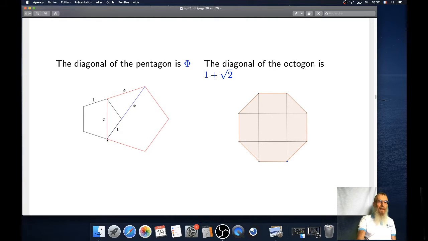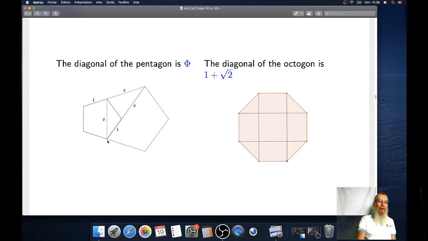And let us look at this length. I will explain that this length is the golden ratio. And the proof is not so difficult. You consider the line along this side. You continue this line up to here. You continue this line here up to there. And you look at the different angles that you have. And you will see that this angle here is the same as the angle at this one, which means that this triangle is isosceles. And also the same proof will give you that this triangle here is isosceles.